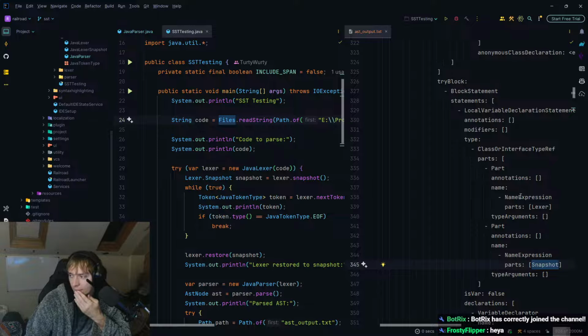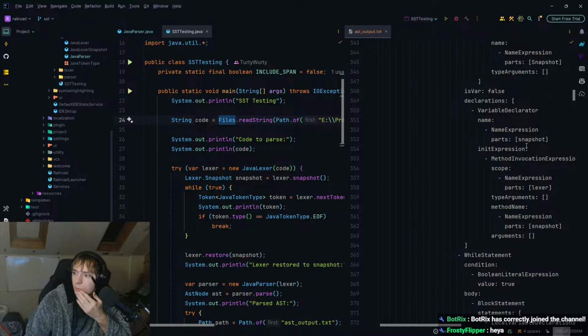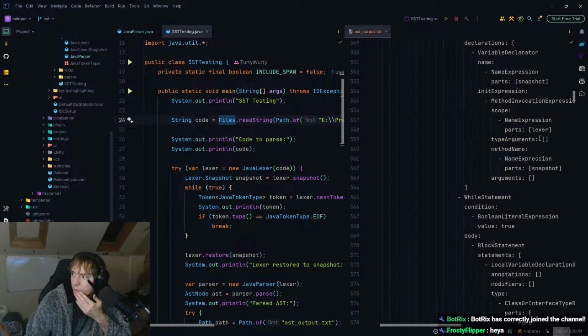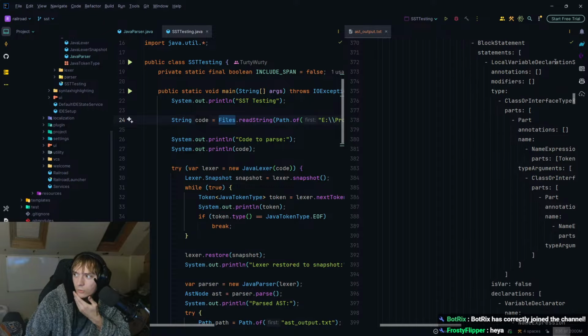Oh no, I think that is fine, actually, because it's saying that this is the name. It's not looking for the type, it's looking for the name. Okay, so lexa.snapshot, and that is equal to method invocation lexa.snapshot, and then while true, we go local variable declaration statement.